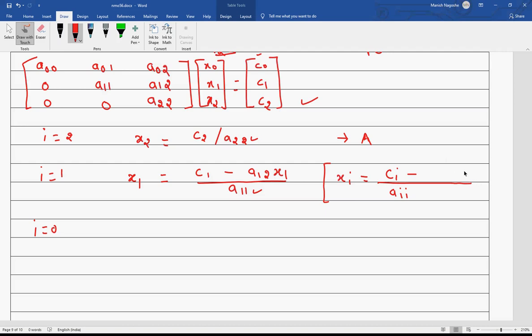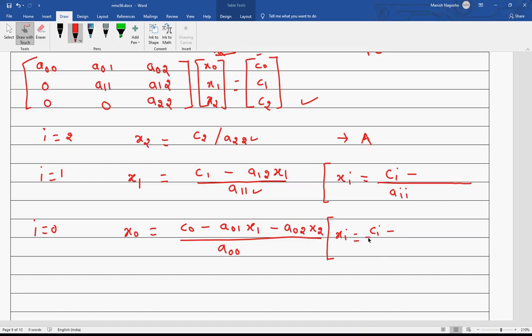Now what is going to be subtraction? We will see it later on. Similarly, I have x0 is equal to c0 minus a01 x1 minus a02 x2 divided by a00. That's very clear. So I get xi is equal to the same thing, which is ci minus. Now there are two terms.